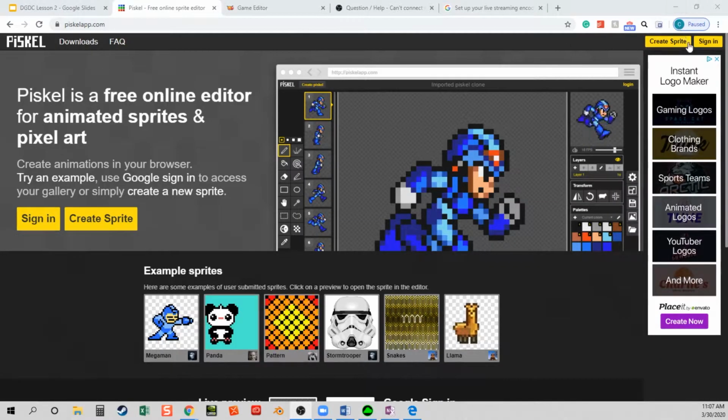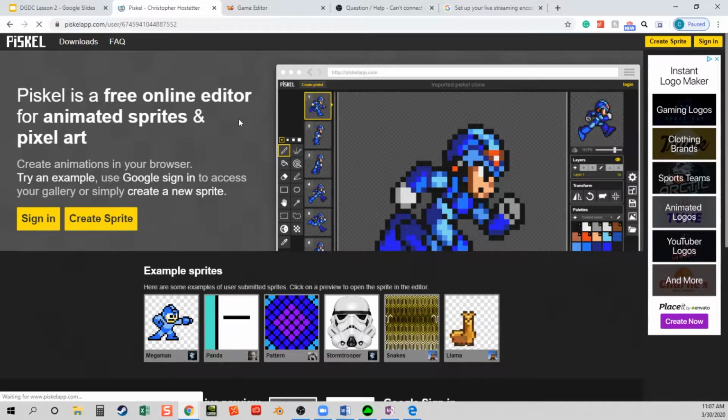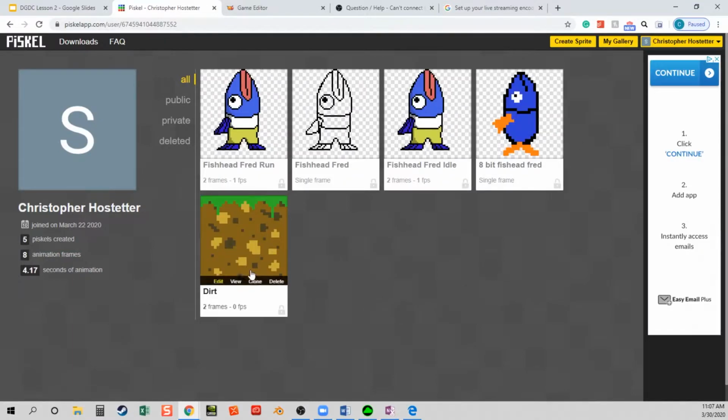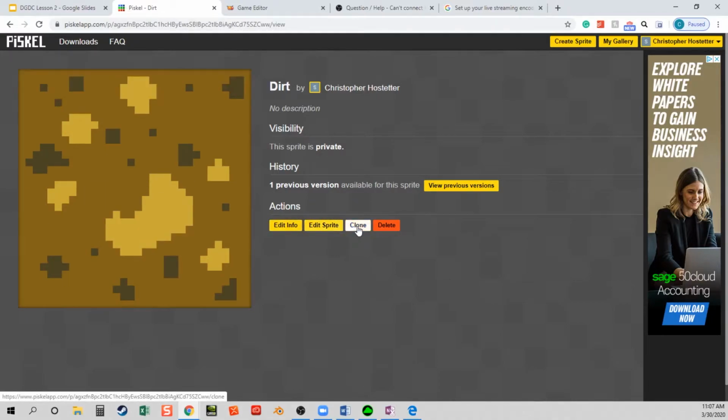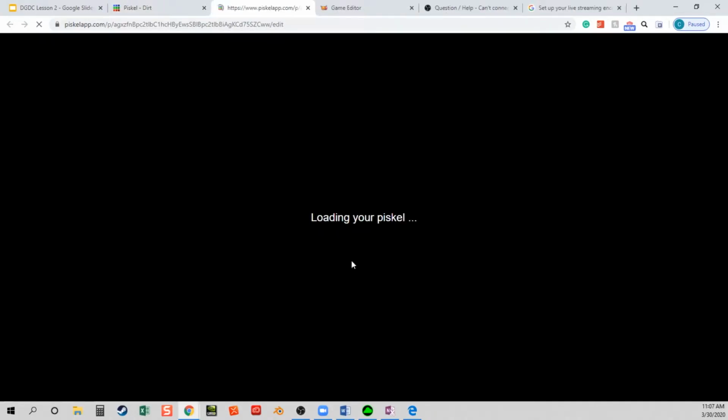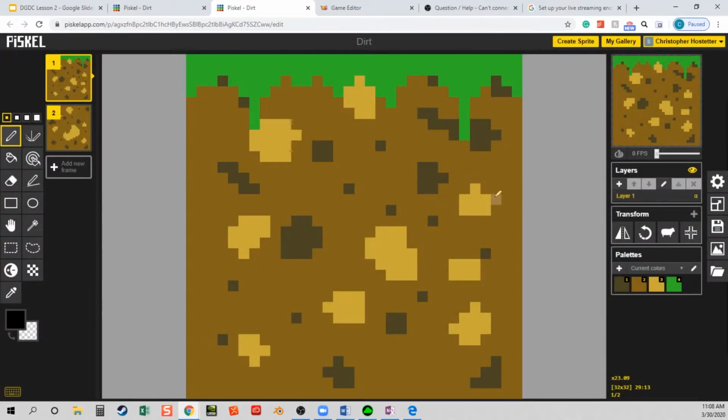So I'm going to go back into Piskel, sign in, and I'm going to select the dirt I created and select Edit Sprite. And what we're going to do is export it. Export it means we are saving it out as a certain file so we can put it into the game engine. So, in order to export it, we got to select this export function right here